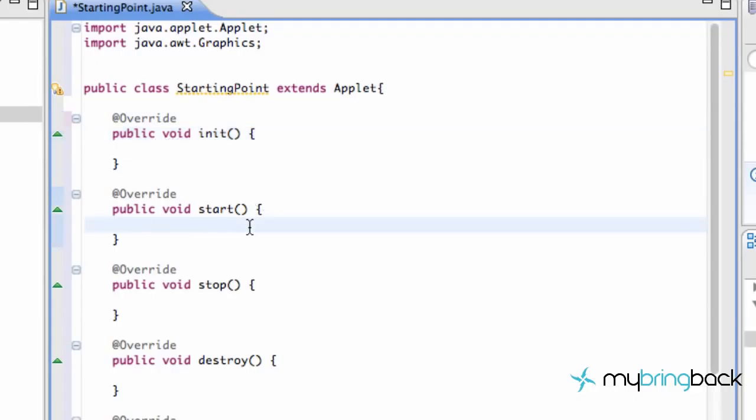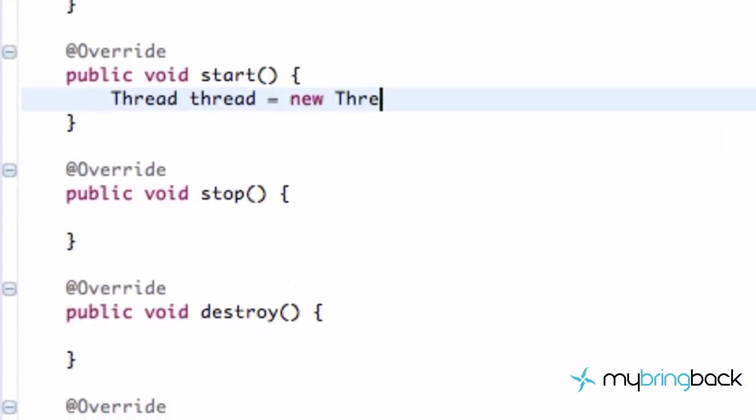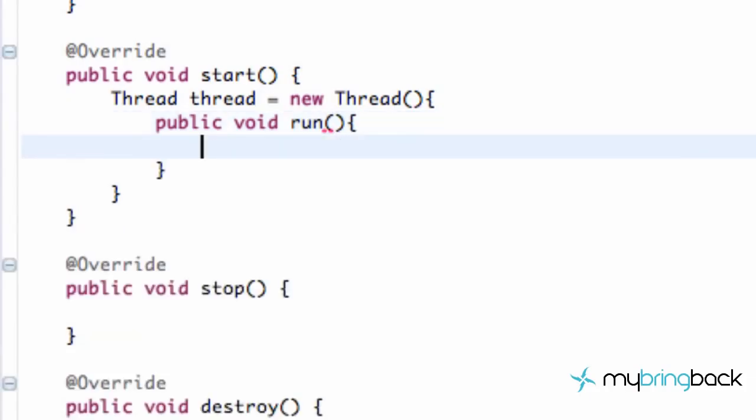The way I showed you guys to set up a thread in the previous tutorials, we'd type out Thread and then our name, which would be thread, set this equal to a new Thread, and then we did something like public void run. I think we did something like that, if you remember, which is fine. We can do that. But just to show you guys a slightly different way to set up a thread,